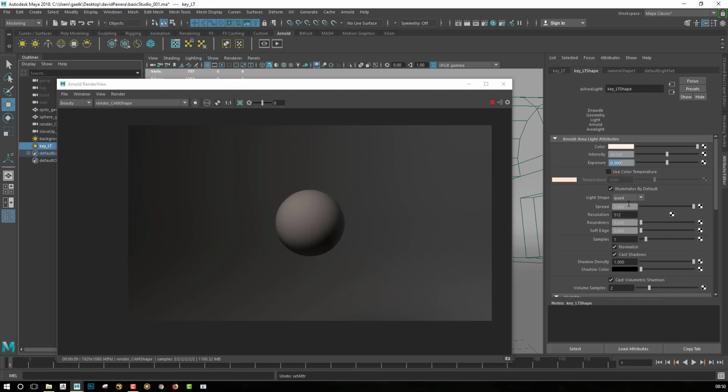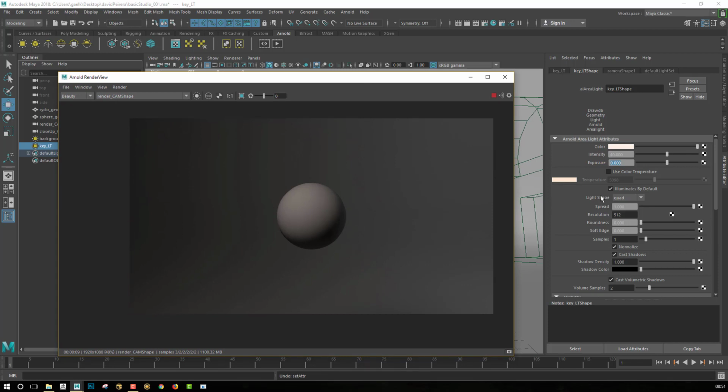Then the 3 other parameters that I wanted to show you for this video is the spreadness of the light. So spreadness means how the light will be dim inside of your 3D scene. So something that we want is maybe to adjust this one. So you see, the less spread we will be, the sharper shadow we'll get on our object. And of course, because the light will not be dim again, we will get way more intensity where the light will aim. So something that we will need to do will be to lower the exposure.